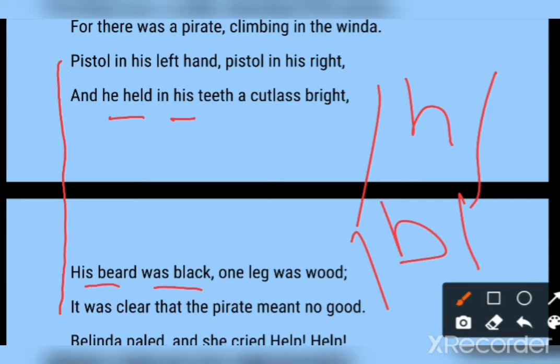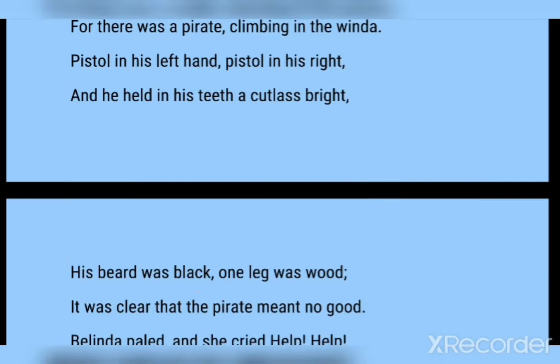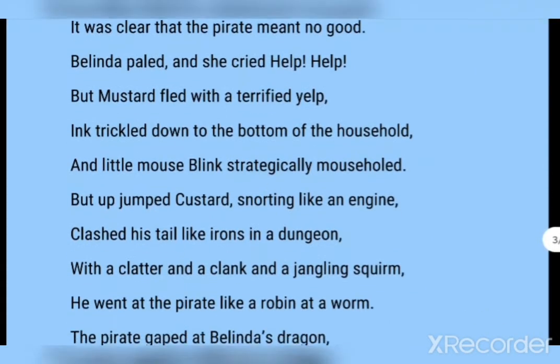So that is alliteration, and we find imagery in this stanza. An image is created about the appearance of the pirate, how he looked. He had pistols in his hands and he had a wooden leg. That is what images are produced in this poem. Images are created in this stanza. And then we have another stanza,